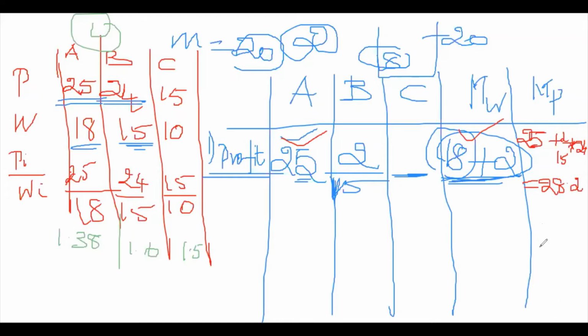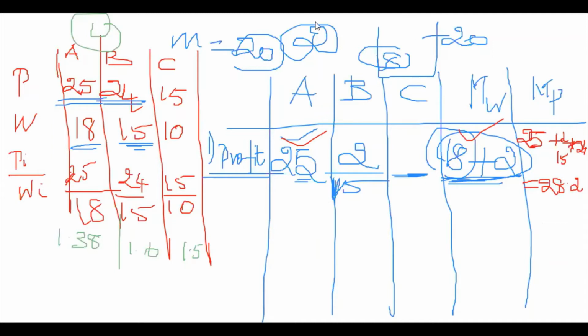The first criterion is based on maximum profit. In that, you choose the first object with weight 18, and only 2 remains. So in that way you choose the second object. It's clear? This is the first thing.